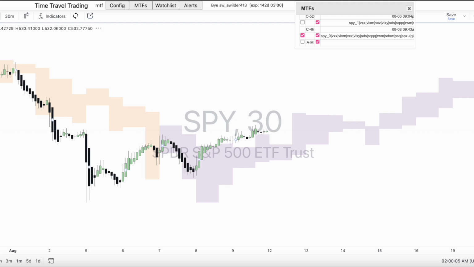Right now I have it set to a 30-minute time scale, so each little candle is going to be 30-minute intervals. Before we get into our main focus of how to read these scans, I want to go over one very important reminder, and that is this blind forecast point, this moment of color change on our projection. So for me, everything that is orange is going to be past data, and everything that is purple is going